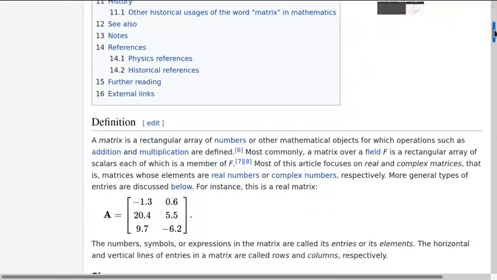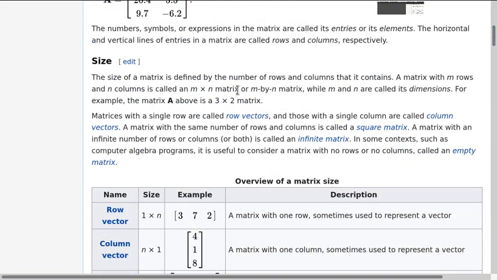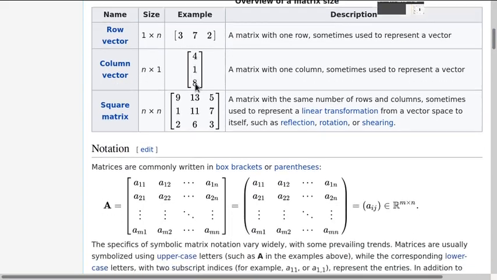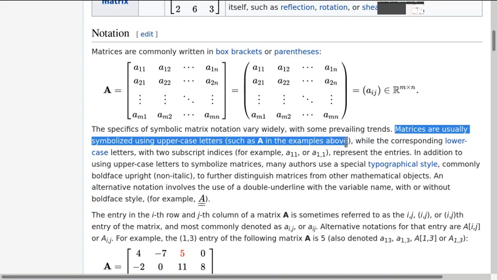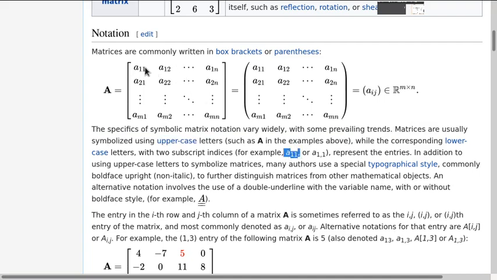So it talks about the matrix notation. It says matrices are usually uppercase letters, such as A in the examples above, and the lowercase letters represent the entries in the matrix. So A11 is an entry in matrix uppercase A. With that knowledge in hand,